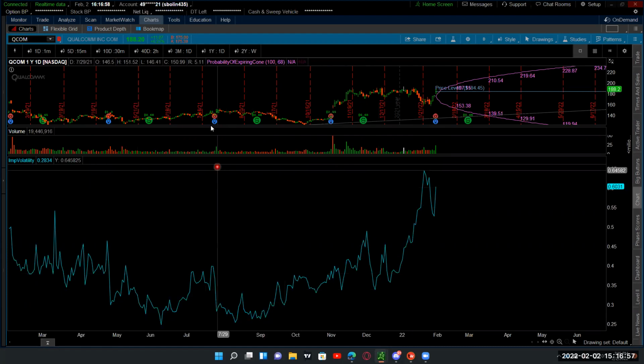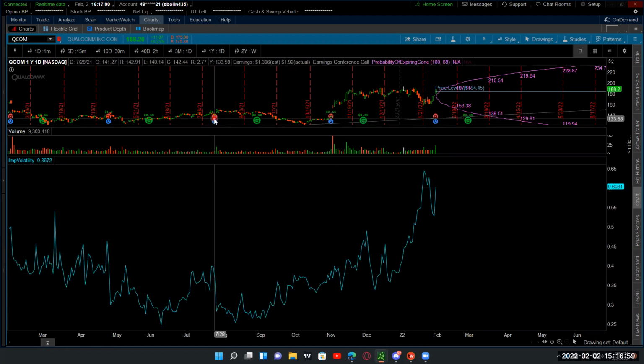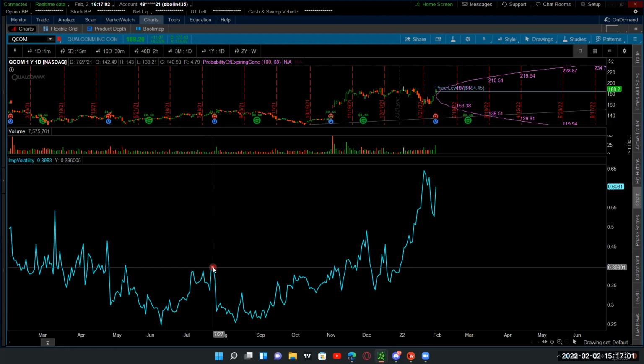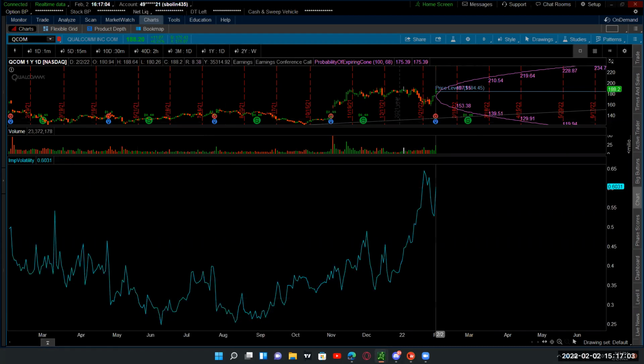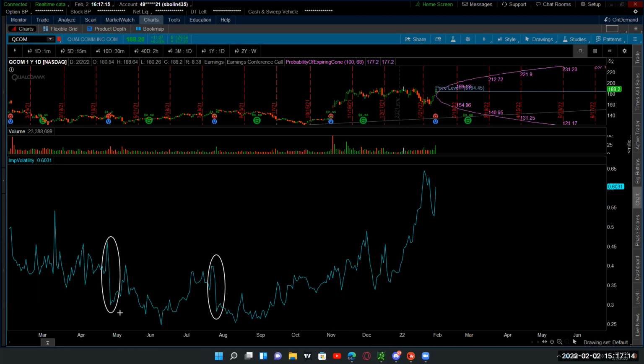Now look at Qualcomm on this earnings in July. Notice after it had the earnings, it got severely punished in the volatility. This big drop. It's called a volatility crush. So it reports earnings, volatility gets whacked. If you're new to trading options and you're not quite sure how this affects options, think about